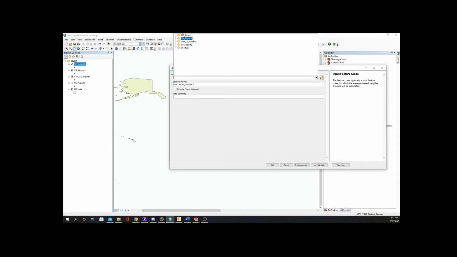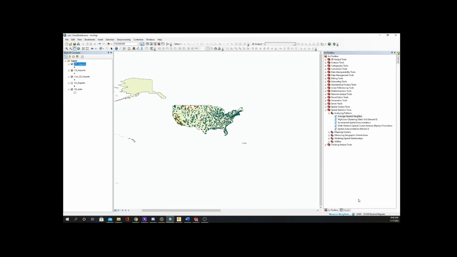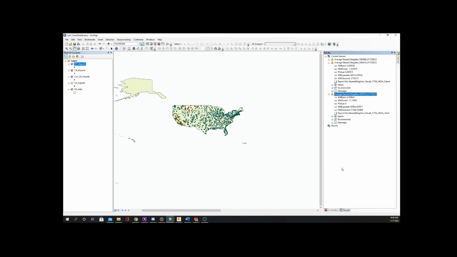So let's run our final analysis, and we'll go average nearest neighbor, and we can put in the Montana airports. We'll generate our report, say okay, and go to results, and we can drop down those latest results. Here you have a ratio that's greater than 0, so that says they're dispersed. Our z-score is 1.75, so it's not greater than the 1.96 or less than the negative 1.96. So once again, we're looking at data that is not statistically significant at the 95% confidence interval,